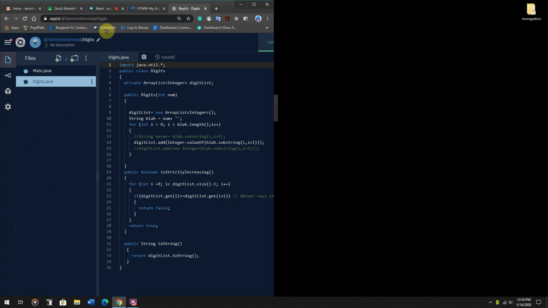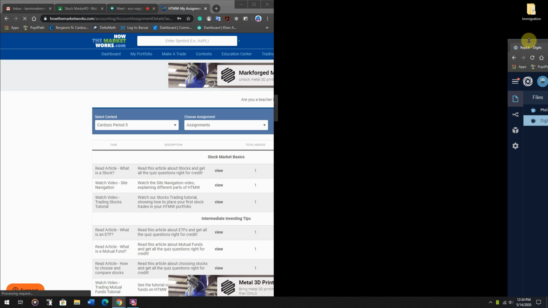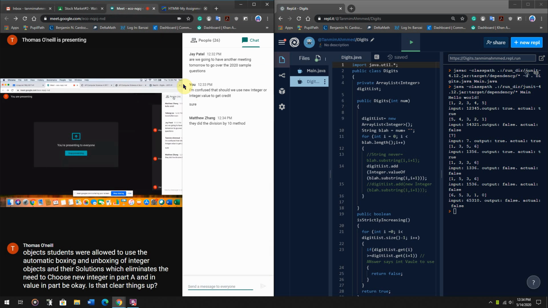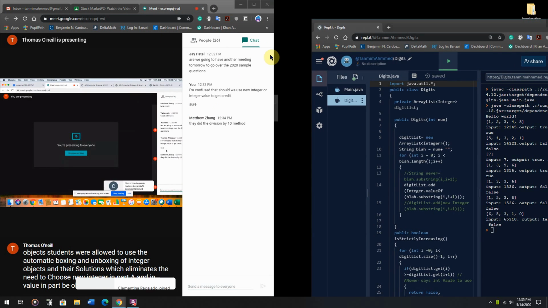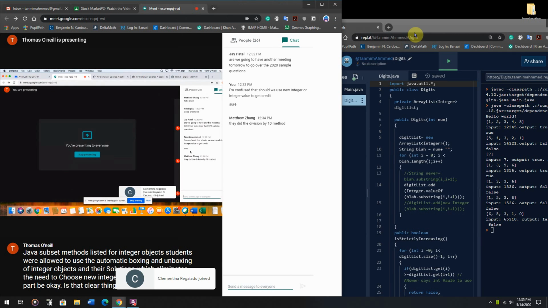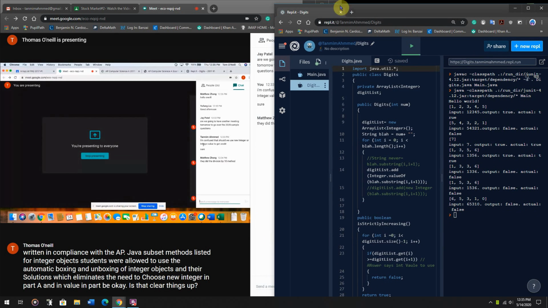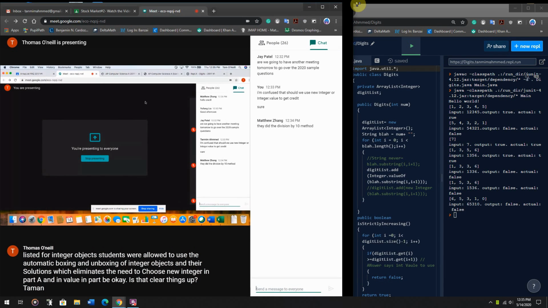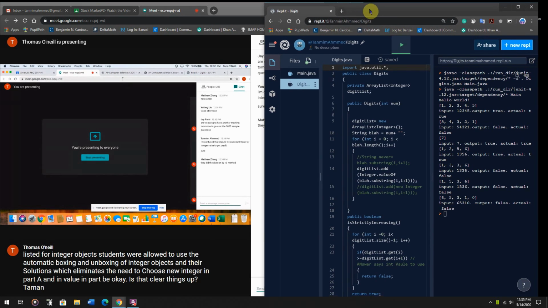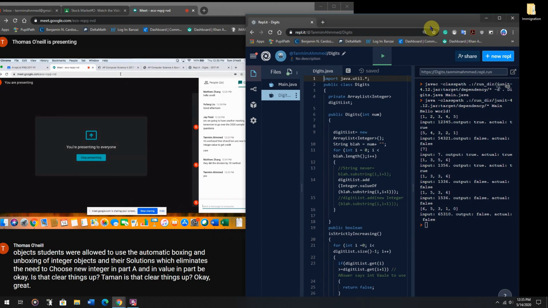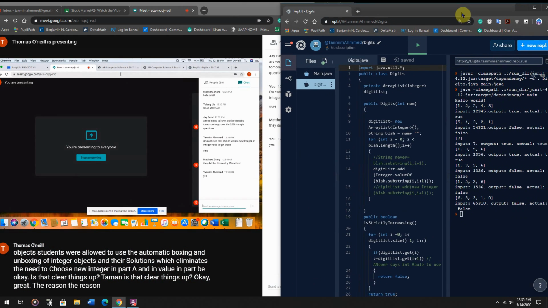integer in part A and int value in part B. Okay? Does that clear things up? Okay, great. The reason that's even there at all